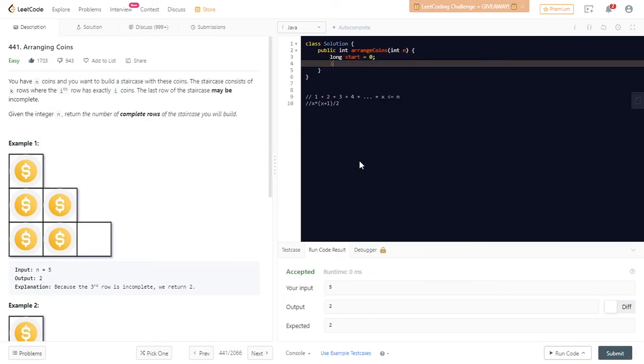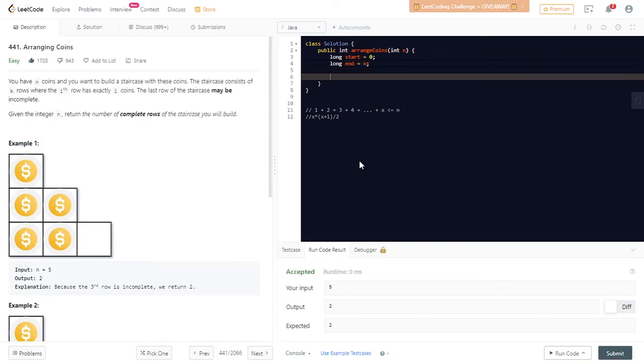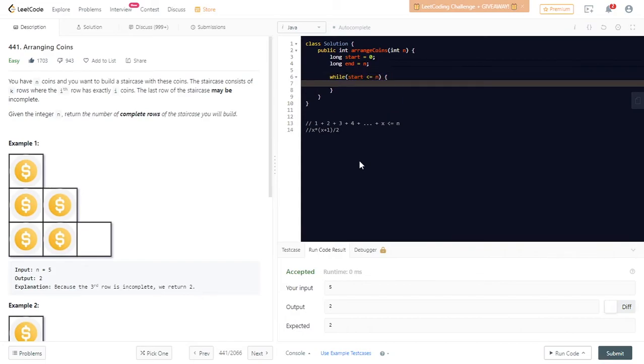So long start and long end, with the end pointer up to the number of coins we are provided. While start is less than or equal to n,